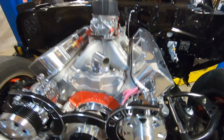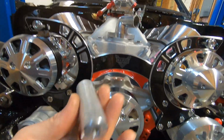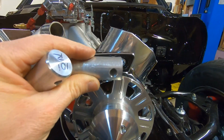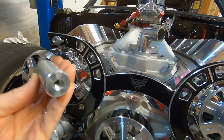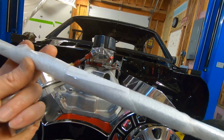And if you're not running an automatic tensioner, they do give you an adjusting tool. It's these pieces of machined aluminum. They actually fit right over the bushing. They have an end there, so that fits over nice and secure. They're threaded on this end, so you have one left, one right. You put them on. I'm not even going to open it because we're not going to use it, but here's